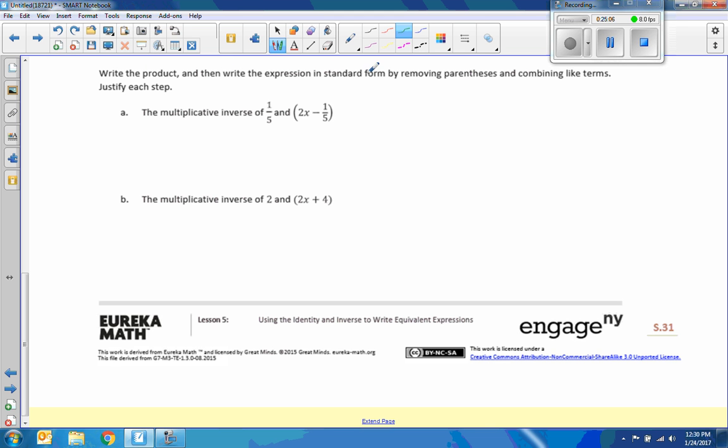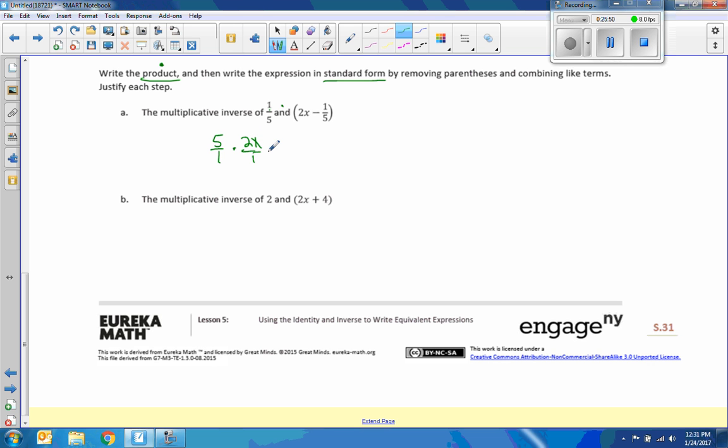Write the product, and then write the expression in standard form. Standard form, meaning all terms that are like are combined. By removing parentheses and combining like terms, justify each step. The multiplicative inverse of 1/5 and, so we're writing the product. Product means to multiply. The word "and" tells us where to put that product. The multiplicative inverse of 1/5 is 5/1, or simply 5. So multiplying the multiplicative inverse of 1/5 and times 2x,